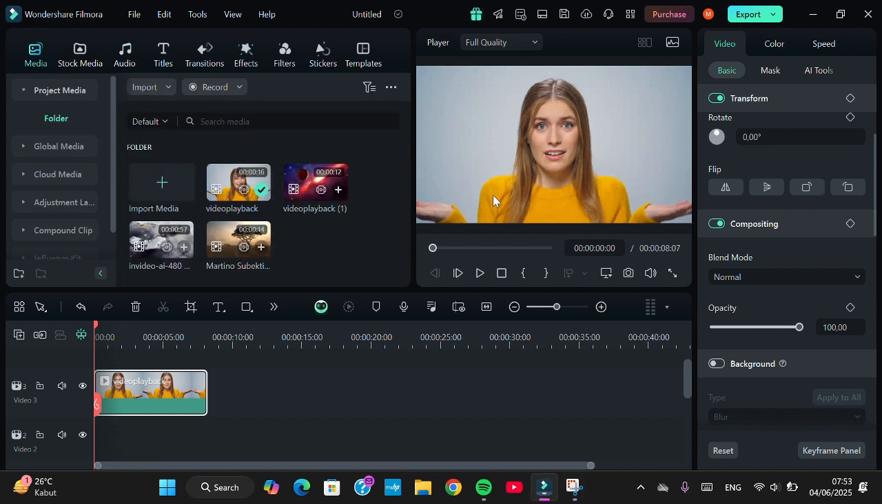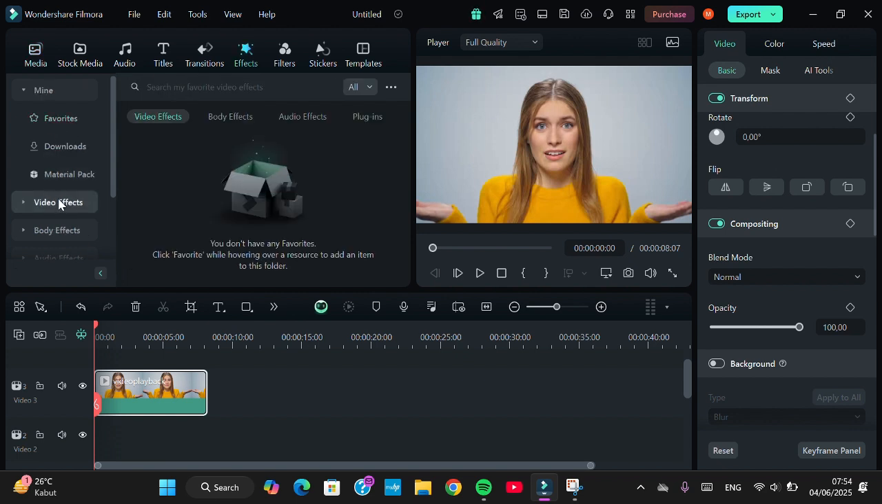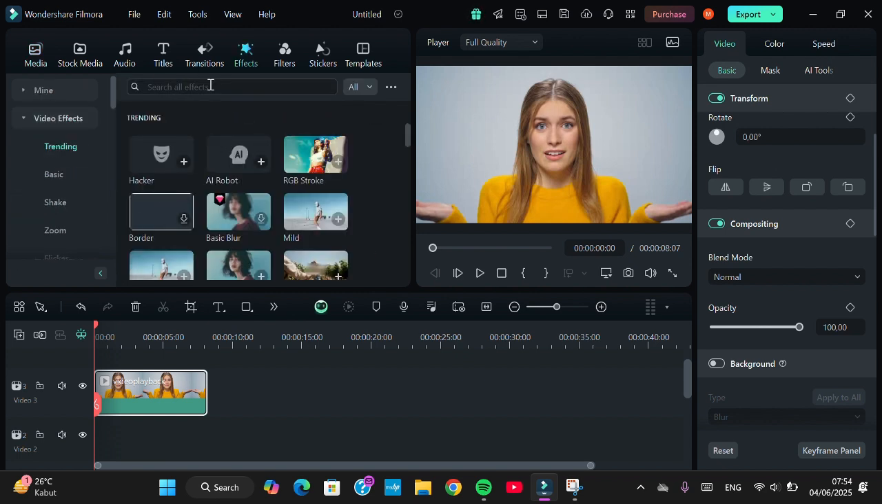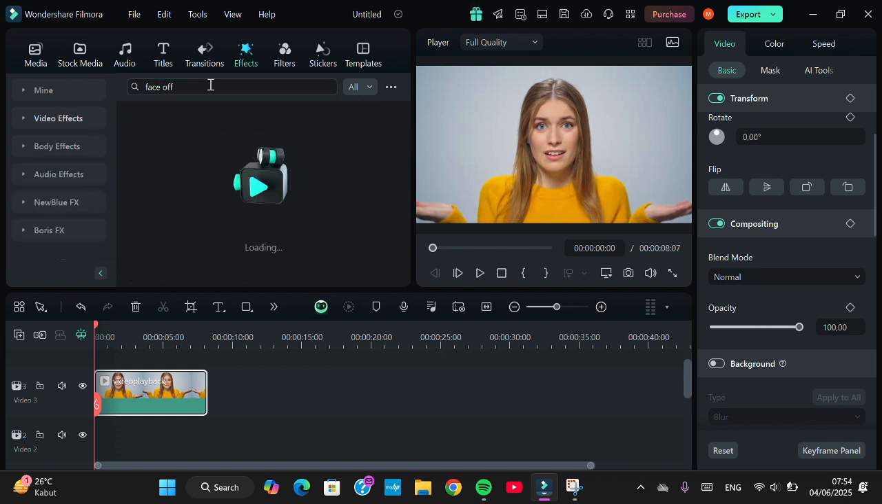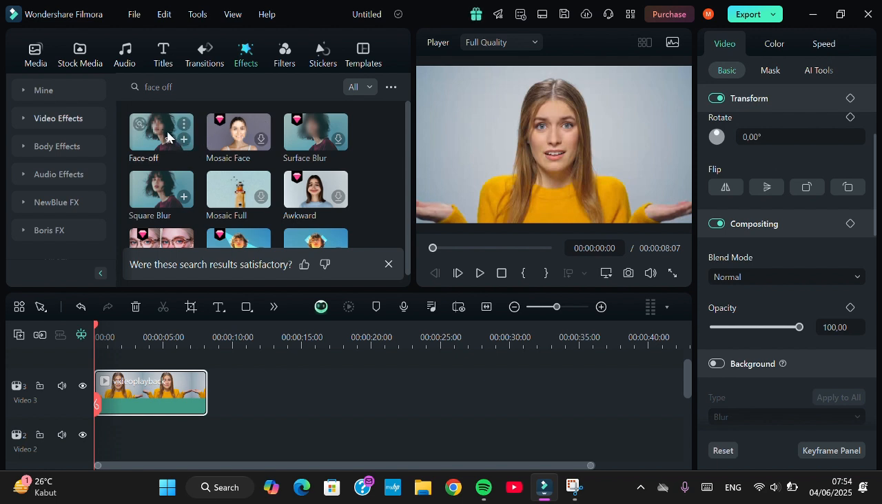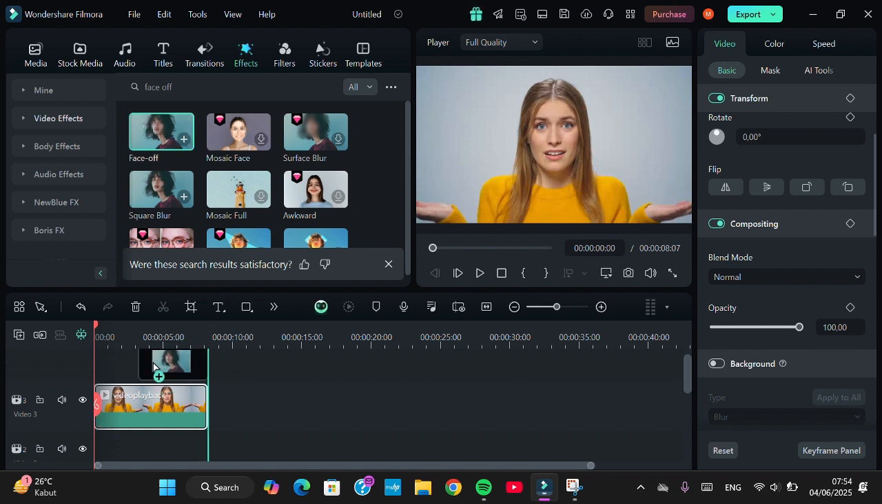Here I have added my video to the project, and first of all, we need to go to the effects menu in Filmora. It's here, and you're going to go to the video effects and search for face off effect. Okay. This one guys, you can apply this effect to your video like this,